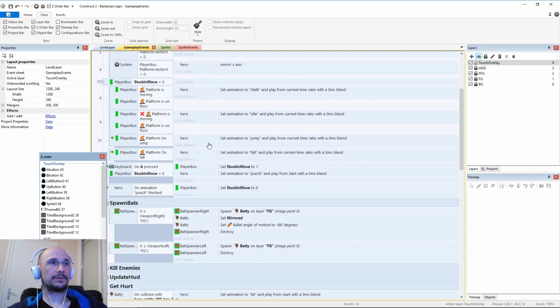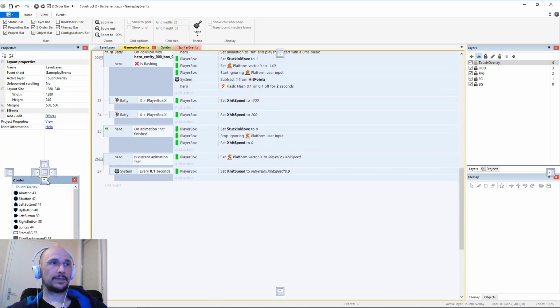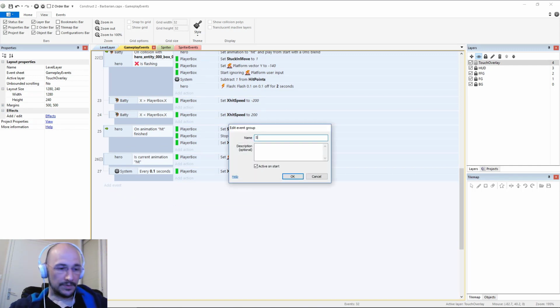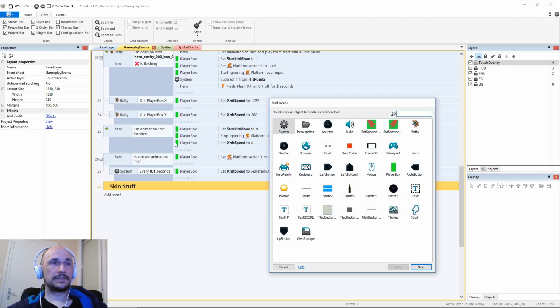So now we are going to, I'll make a group. Oops, I just docked the Z order bar. All right, so add group, swap skins, or we'll just make it skin stuff. All right, so in skin stuff we are going